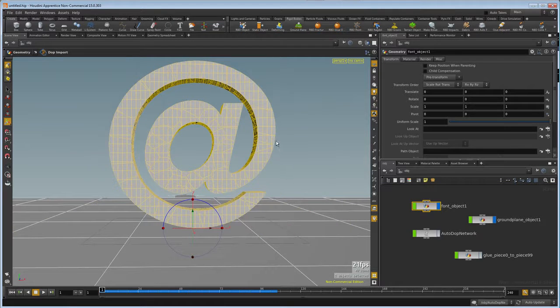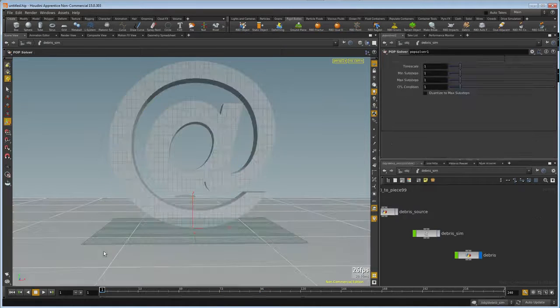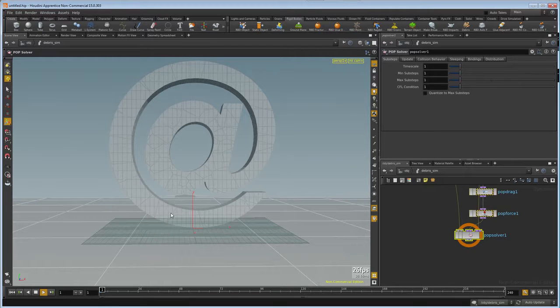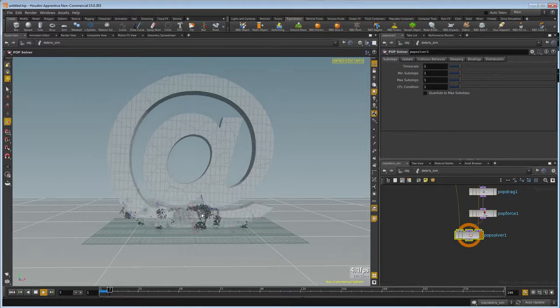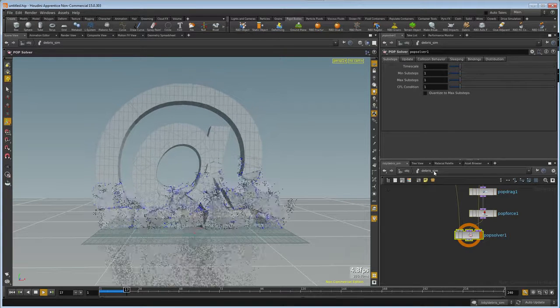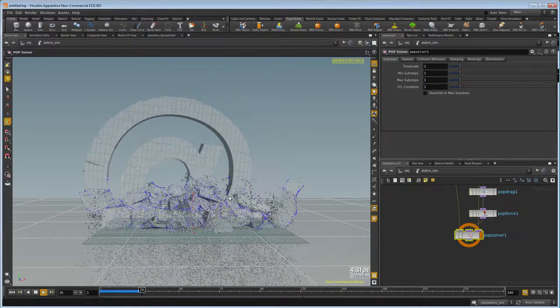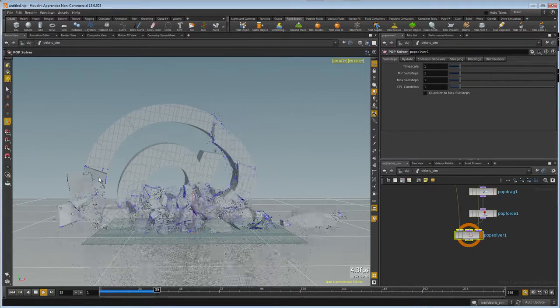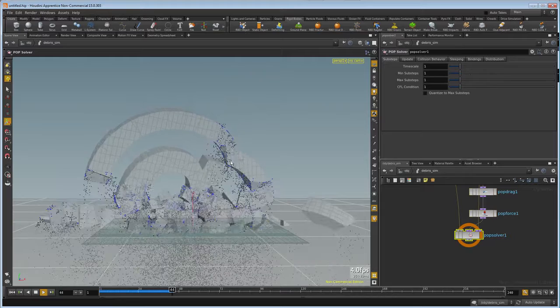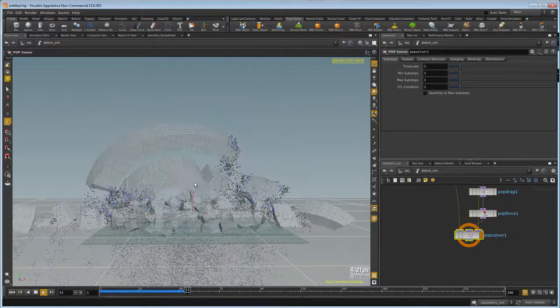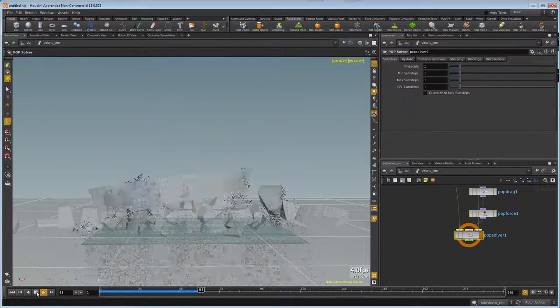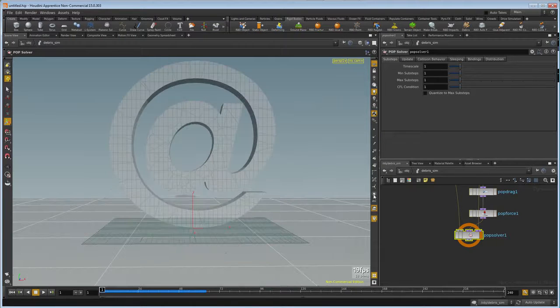Rewind. And the next thing we want to do is add debris. So we'll click the debris button and it'll start cooking. And if we press play after it's done, we'll see that it's made a new sim here called debris sim, which just cranks out particles from the fracture points. But these are continuous particles, which is way too much for my taste. So I'm going to rewind and we will